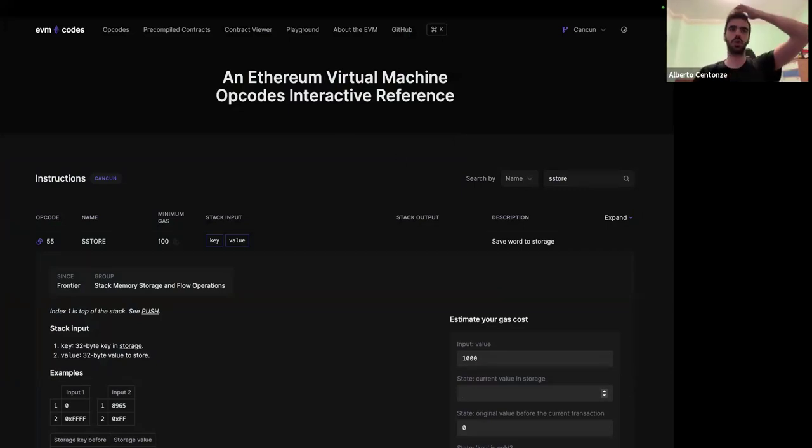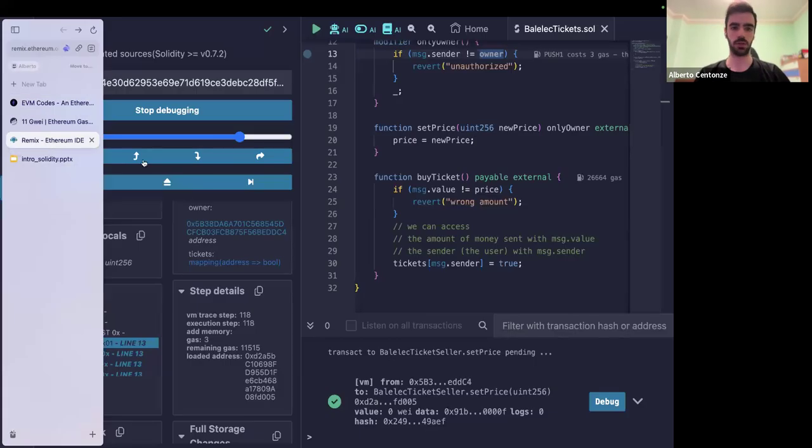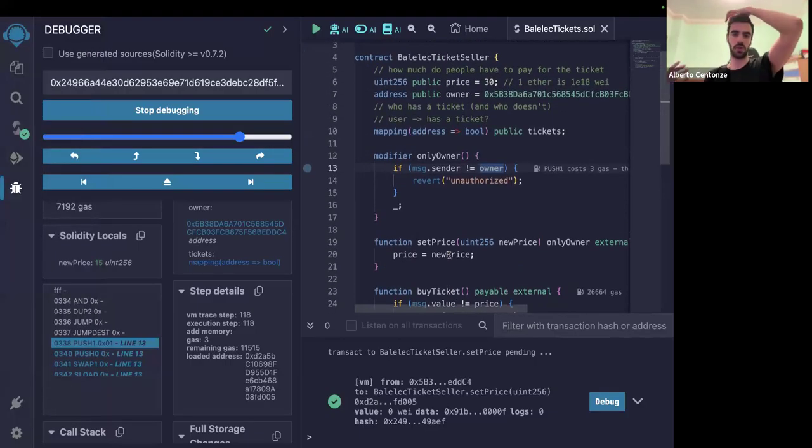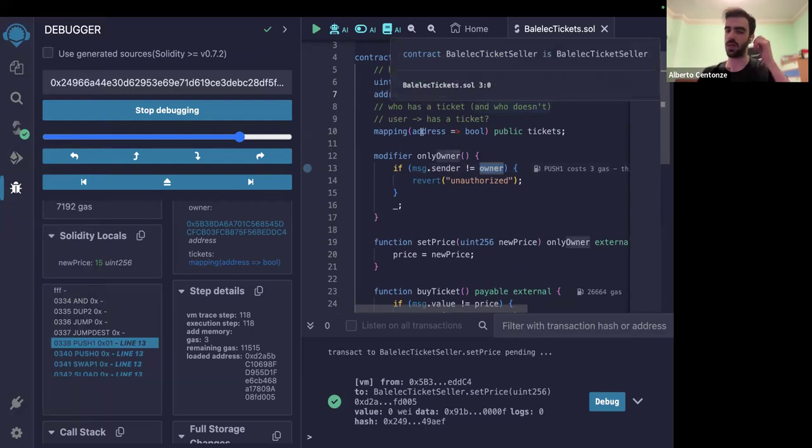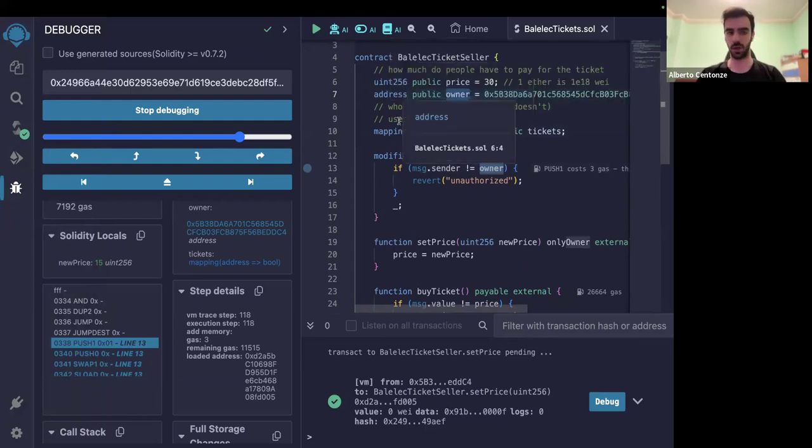Okay, we can do one last thing real fast. I'll try to copy paste so that we can go faster. So imagine that you want to reuse this contract every time, and maybe from one year to the other, the owner of the contract changes because it's not the same admin that is handling the contract anymore.